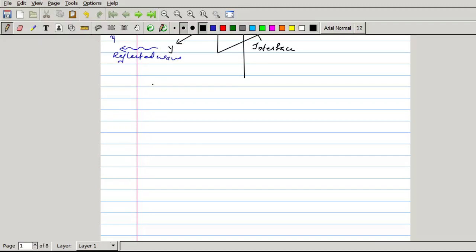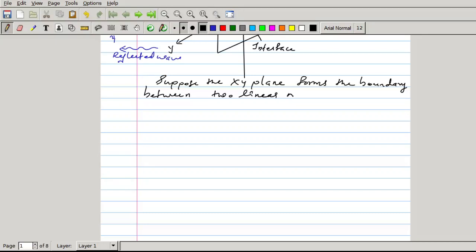We are assuming, let us consider the interface is along the xy plane. Suppose the xy plane forms the boundary between two linear media. Let us assume